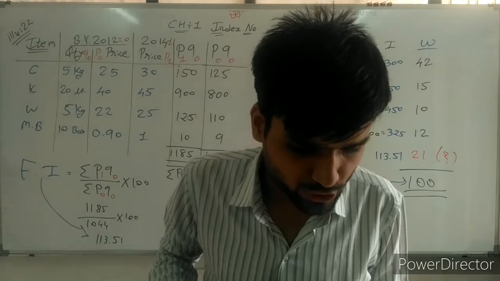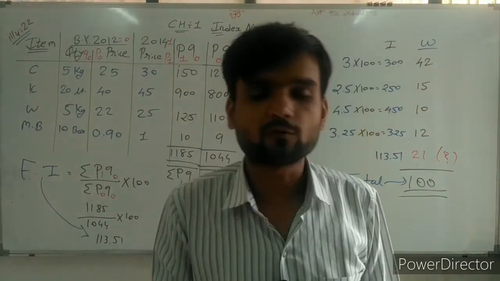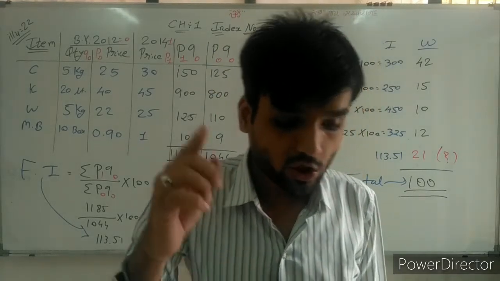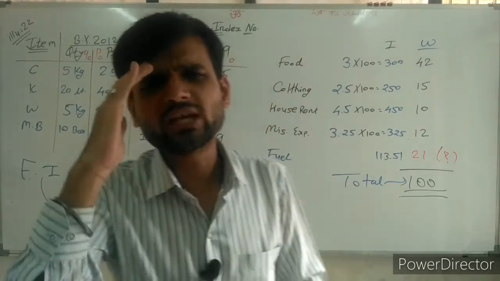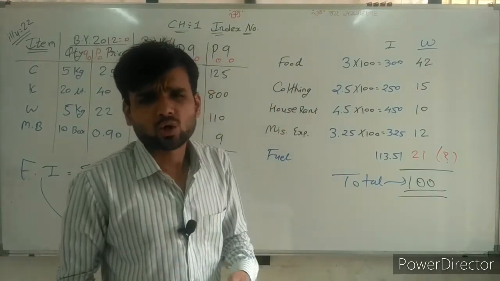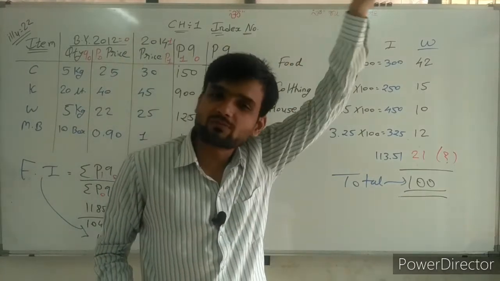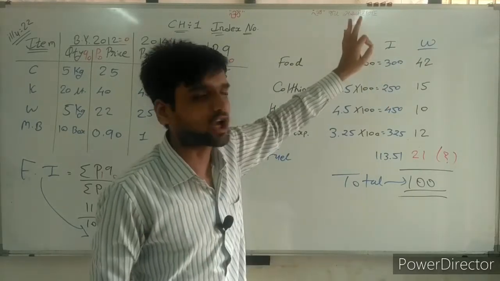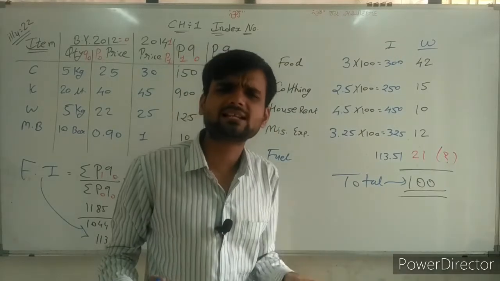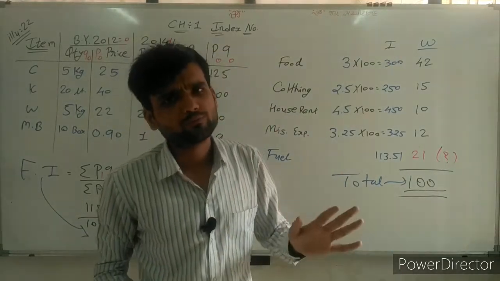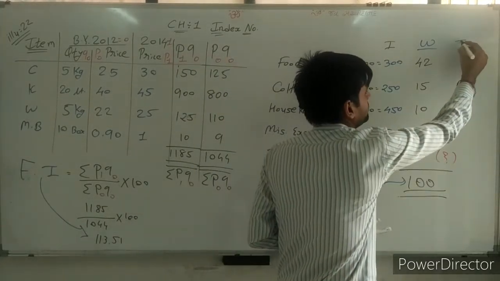Now what is the other information? Then prepare the cost of living index number for the workers. Find cost of living index number for the workers. Now think. Cost of living index number. So it's a new word. Don't worry. Weighted average method of index number is cost of living index number. So same I given, W given. Now I can find very easily sigma IW upon sigma W. So here I can multiply I into W.